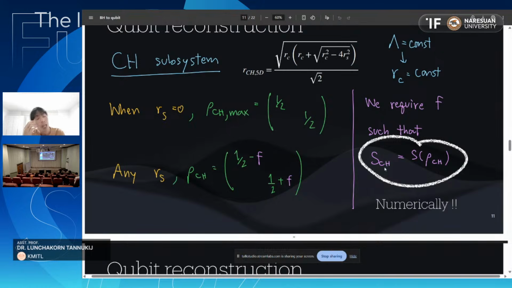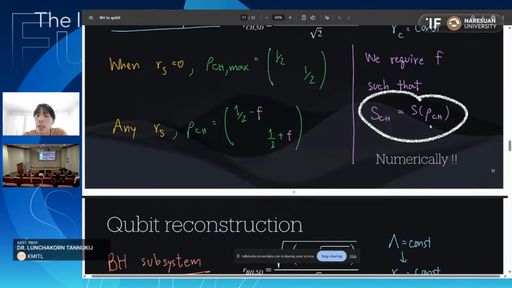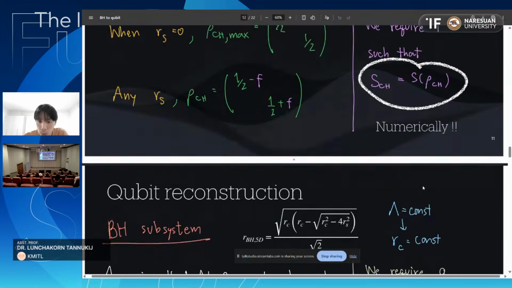And since the von Neumann entropy contains the matrix logarithm, that is the main problem for almost everyone, as I heard, who studies quantum information. When you see a log, it means it's very difficult to find an analytic solution. So that's why we will compute this numerically. I can't show you any analytical solution here. I can only show you graphs, which come later.